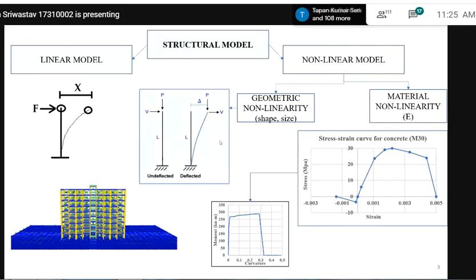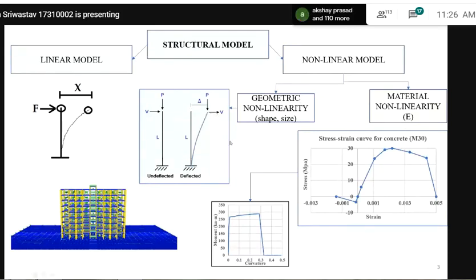So we know that only compressive load will be there, right? There will be only axial load that is compressive in nature. Now let us consider some earthquake load is also acting on it. For example, V is also acting. So what will happen is, in addition to axial load, there will be moment generation as well, right? And its shape is also changed, and this change in shape,